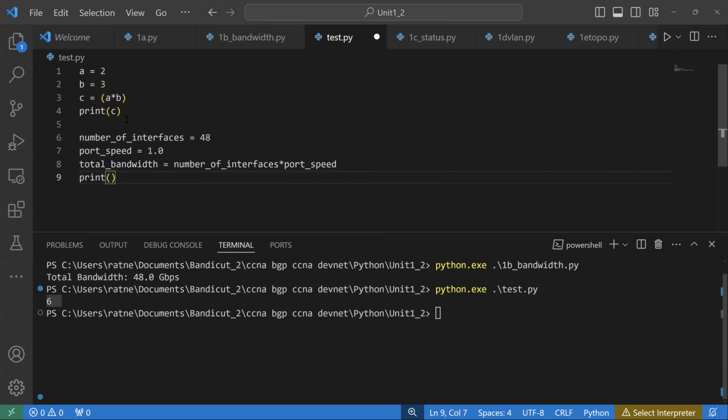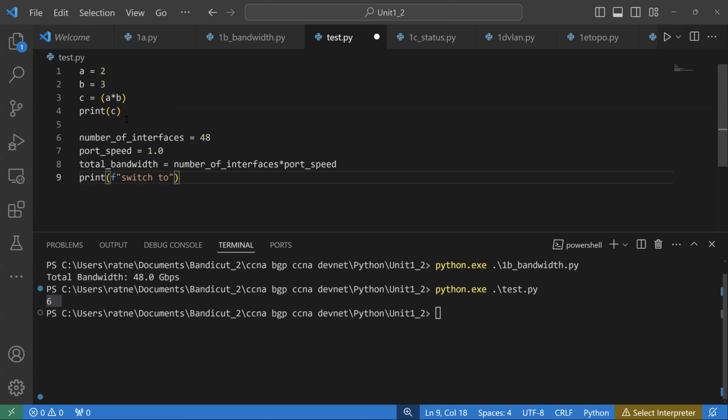So print something like what I want to print. I want to print the bandwidth. So total bandwidth,